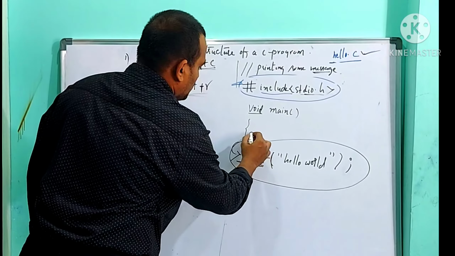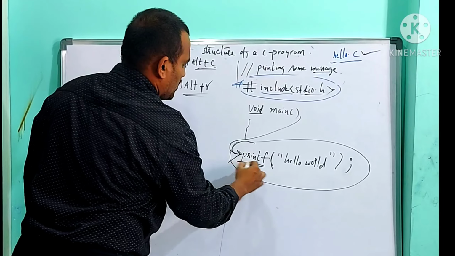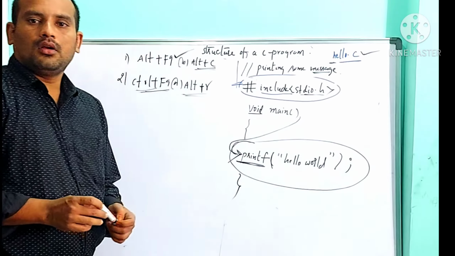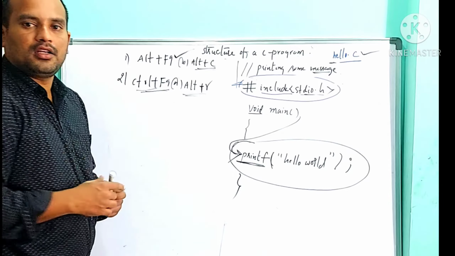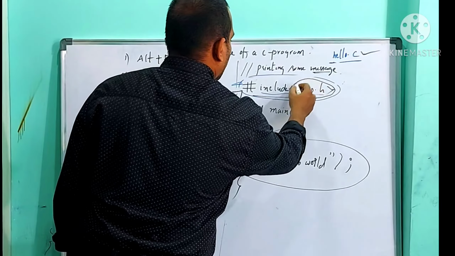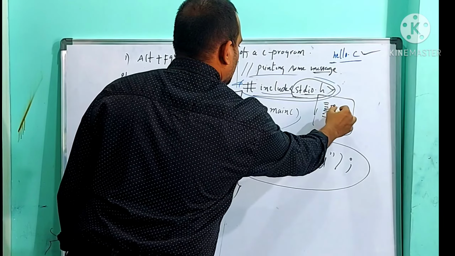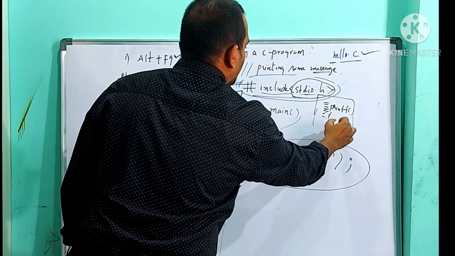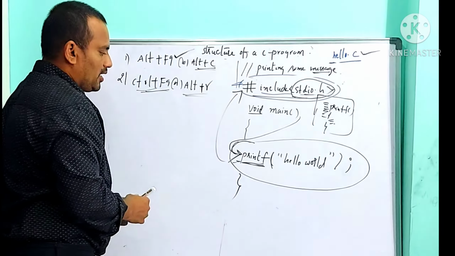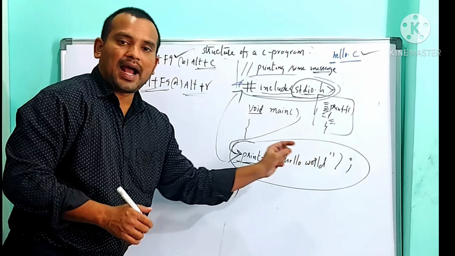The runner directly comes to the first line of the main function, which contains printf. The compiler knows, the runner knows, printf is called a predefined function, and when the runner reads printf, it goes to the header file. It checks whether the header file is available or not. It opens the header file and looks for the definition of printf. Here the printf definition is available in stdio.h. Then it is satisfied and knows the meaning of printf through stdio.h. Printf means the runner has to print the information which exists in the double quotation as it is at the output